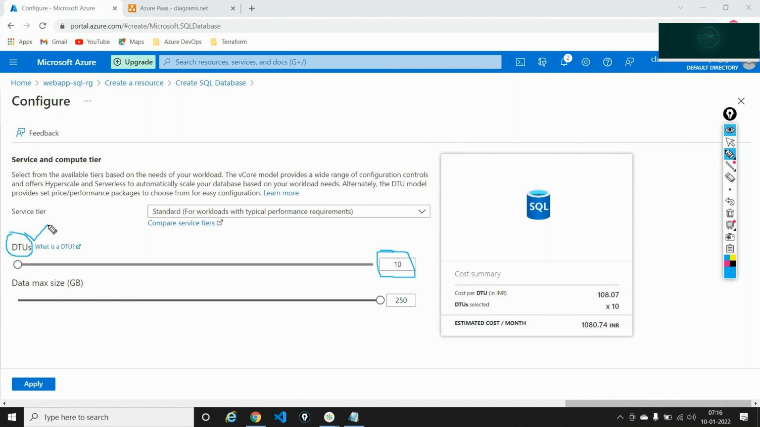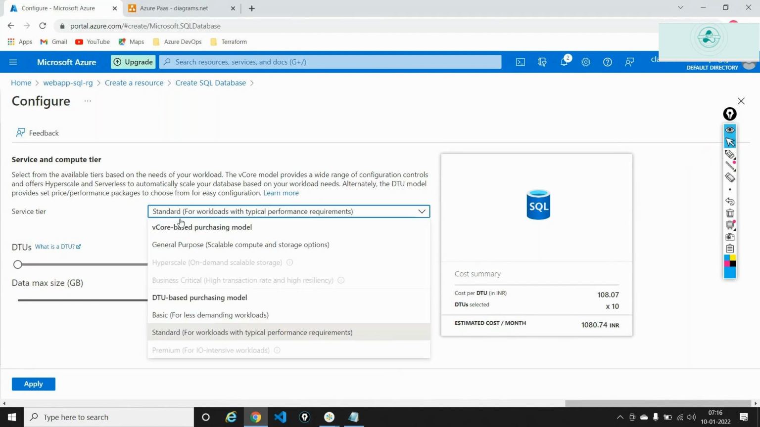So in my case, I don't need so big a thing out here, because if you look at this, each and every DTU will cost you somewhere around 108 rupees. This is the price for one particular DTU, and it's now telling me that the estimated cost per month is somewhere around 1080, because I'm using 10 DTUs out here. So it is not based upon the storage, but rather it's based upon the DTU model in which Azure goes ahead and charges you. So I won't say that I need a standard performance, because I am just testing it out. So I'll go with something known as a basic workload,